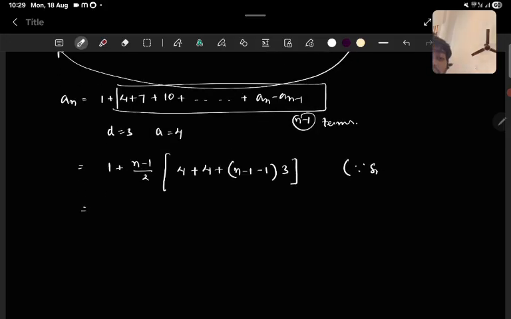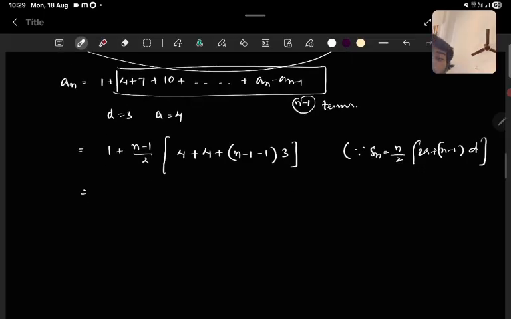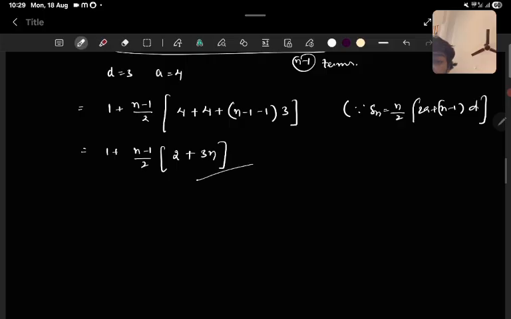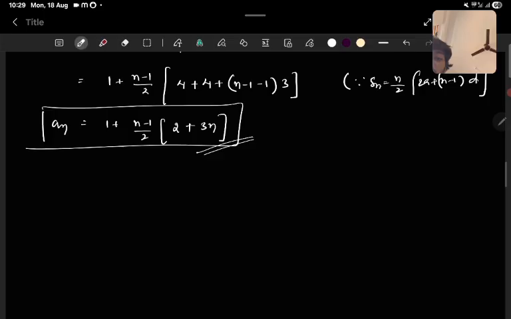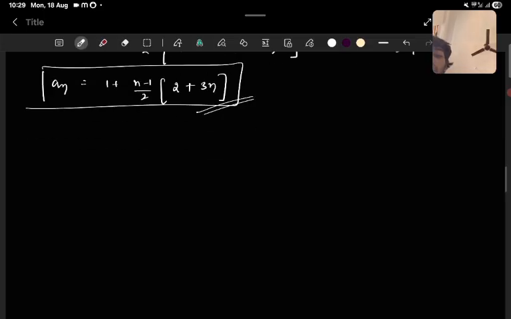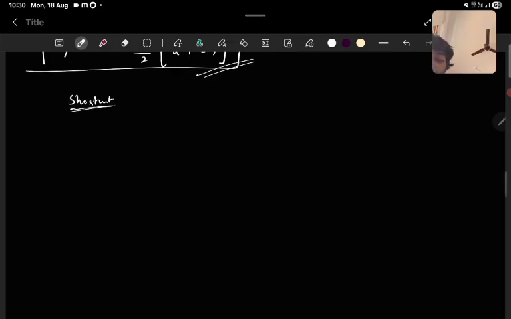This is used by the Sn formula. Sn is equal to n by 2 times of 2a plus n minus 1 into d. Okay, therefore it will be something like 1 plus n minus 1 by 2 times of 8 minus 6, it will be 2 plus 3n. Okay beta, this is the nth term of the given sequence. This is how you have to find it. And one more, there is a shortcut actually. There is a shortcut for how to approach it